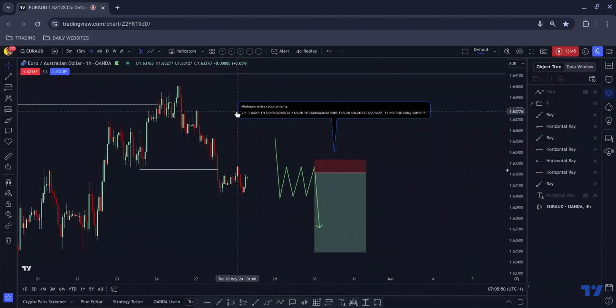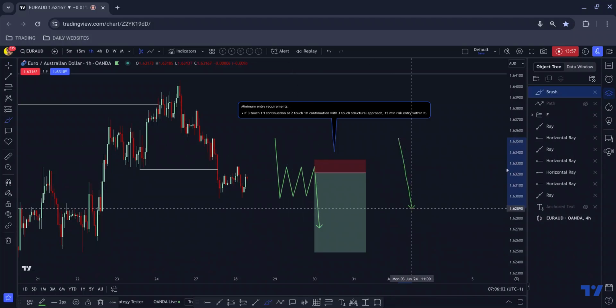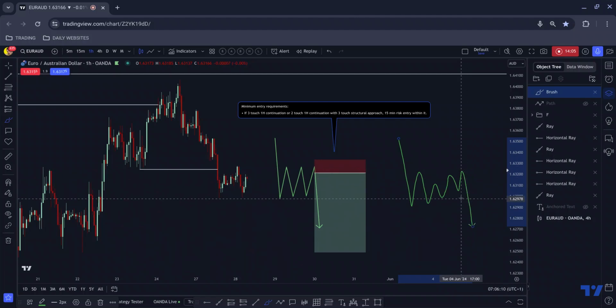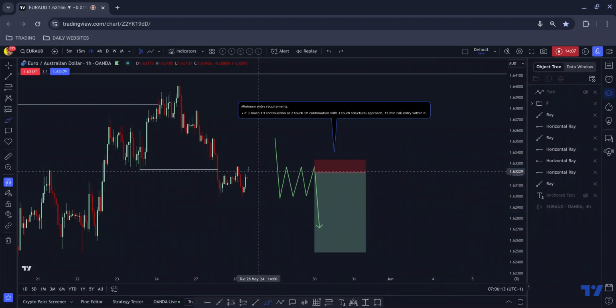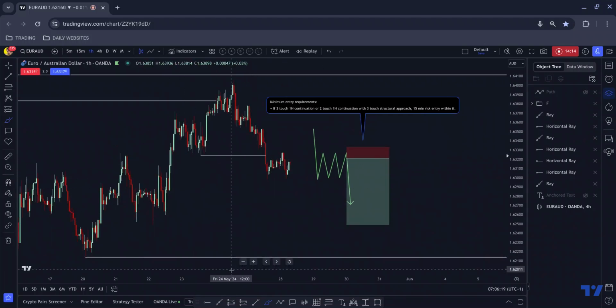What I'll be looking for is a 3-touch 1 hour continuation, or a 2-touch 1 hour continuation with a 3-touch structural approach. So if we got either what I've just drawn, or something like that, that's what I mean by a 3-touch structural approach. If we got that, then I would look to get short from the top, and that would give me a risk to reward of about, if we just measured,